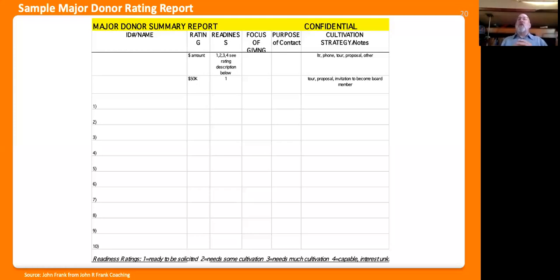You've given yourself a plan of attack. I'm going to call the ones who are most likely to give first, and I'm going to spend more time with the 1s and 2s than I am with the 3s and 4s. Why? Because the 3s and 4s are not necessarily going to give right now. It's going to be a longer term cultivation. All right, so that's a brief discussion of this tool as you look at actual names and start to put the strategy down.